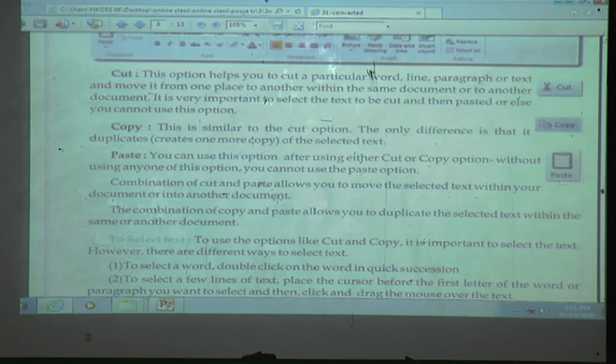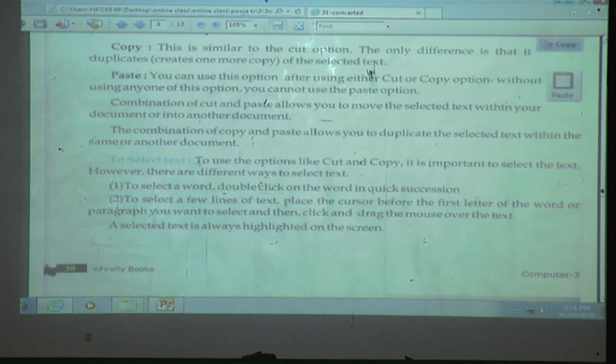It is cut from one place and paste means it will go to another place. And the combination of copy and paste means what? We can make more than one copy of this selected text. It means we can duplicate the selected text within the document or outside the document also.